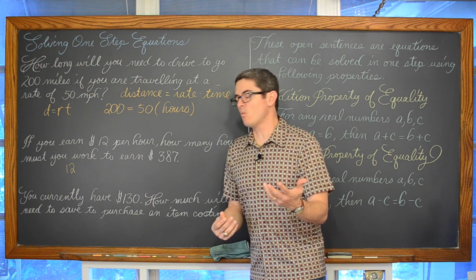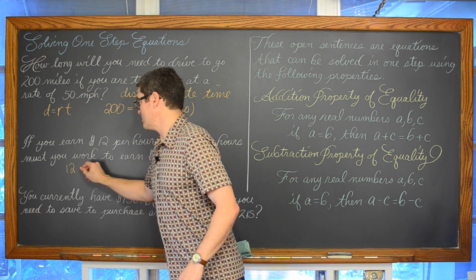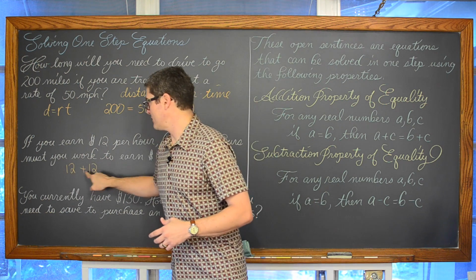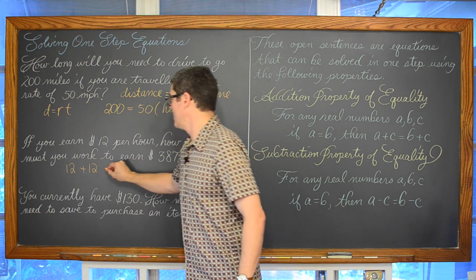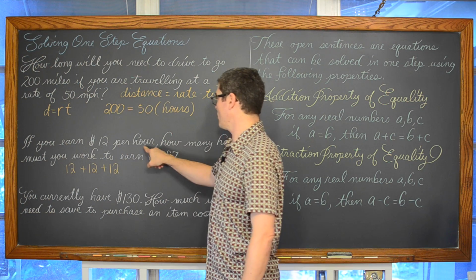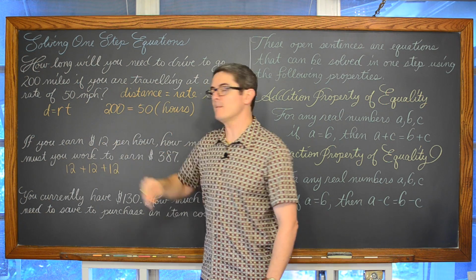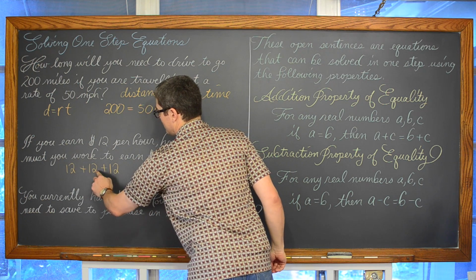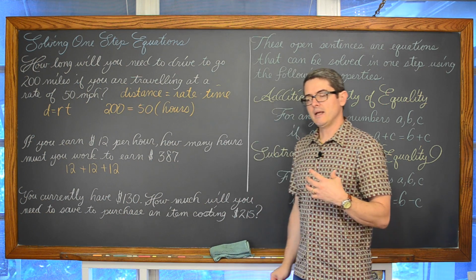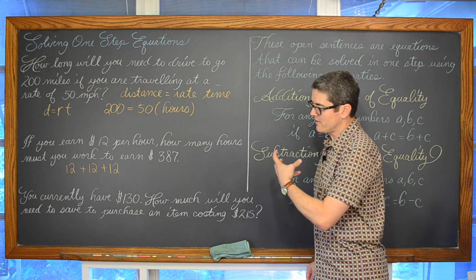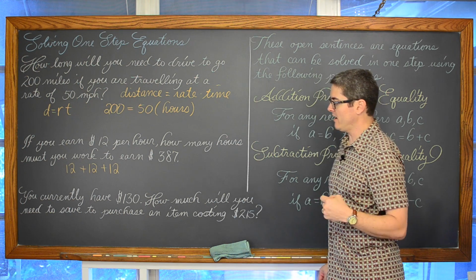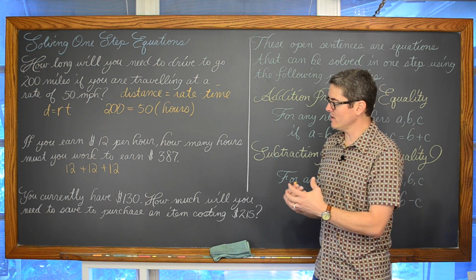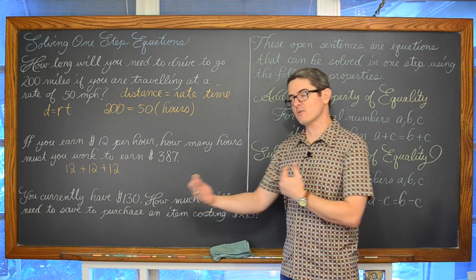So I could say, well, if I work 1 hour, then I've earned $12. If I've worked 2 hours, well, then that's a total of 12 and 12, $24. If I work 3 hours, because for every 1 hour that I work, I'm earning $12, that would be $12, $24, $36. And maybe working that arithmetic in your brain, or on a piece of scratch paper, to develop this pattern, you'll realize, oh, every hour I work, I add another $12.